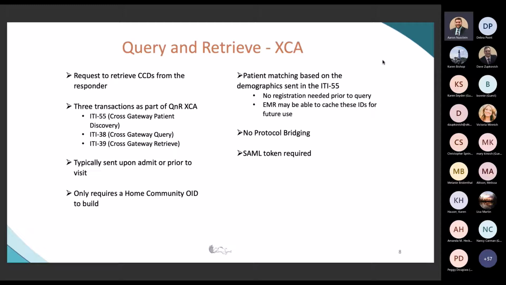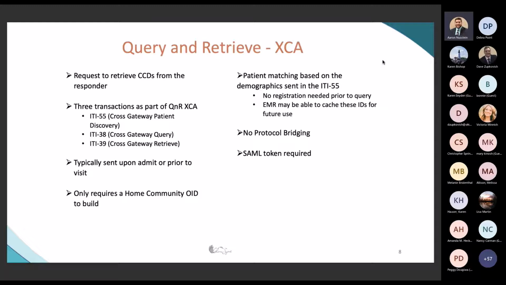So essentially, you will send us what is called an ITI 55 cross-gateway patient discovery. Essentially, you will send us a list of demographics: first name, last name, date of birth, administrative gender, and street address. We will use those criteria to provide a list of patient IDs that we have available, and essentially once